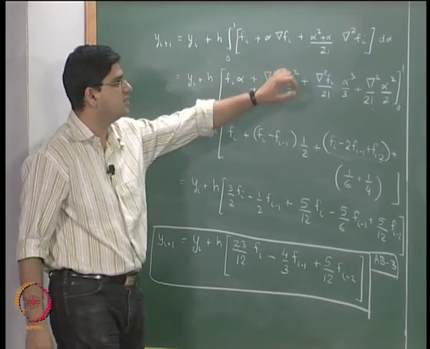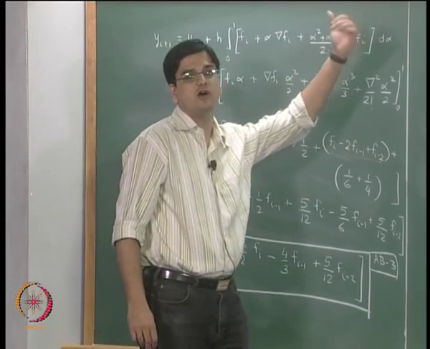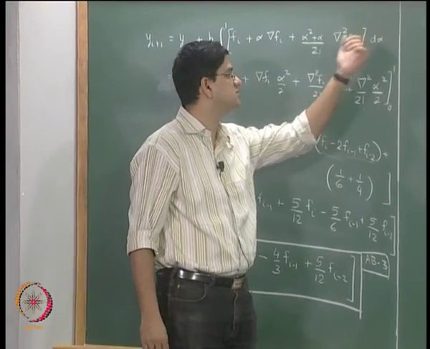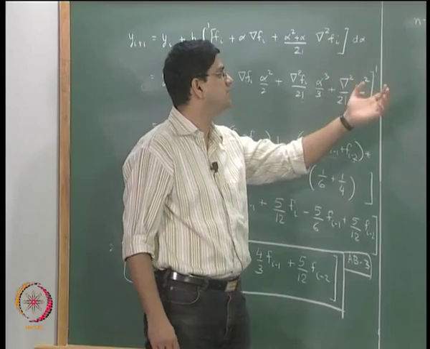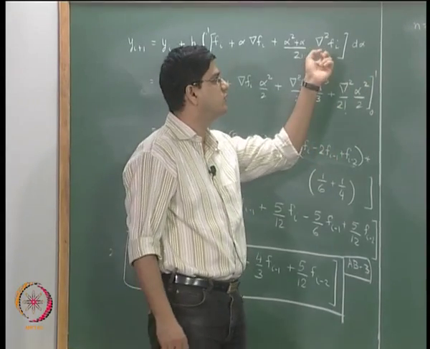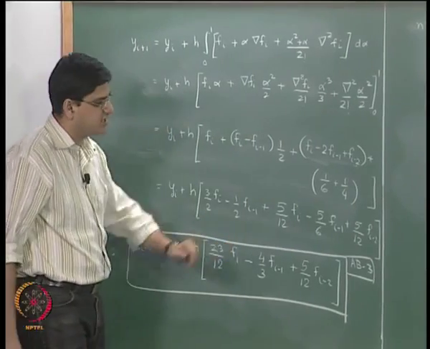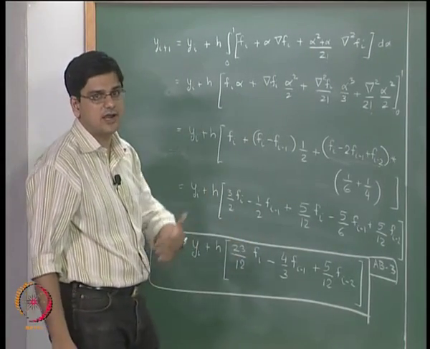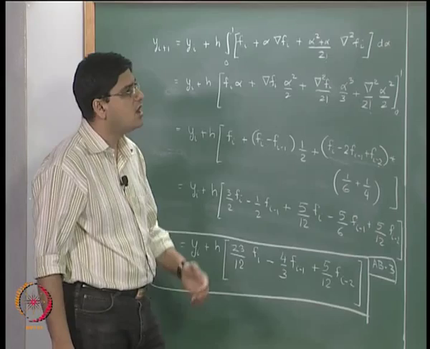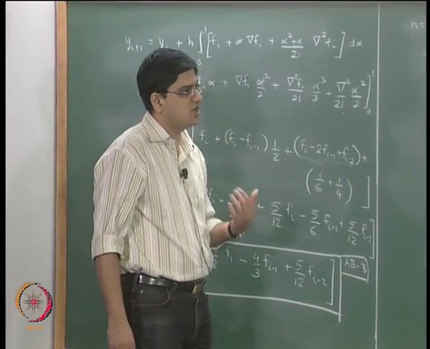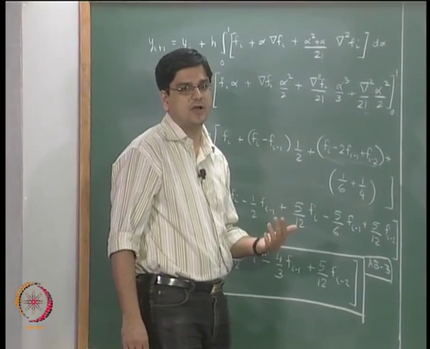For a fourth order method, in addition to this, we will have alpha, alpha plus 1, alpha plus 2 divided by 3 factorial multiplied by del cube fi over here. We will do that integration, we will do the substitution, and we will get a fourth order, fifth order, sixth order and higher order Adam-Bashforth method. Now, what is the accuracy of nth order Adam-Bashforth method?